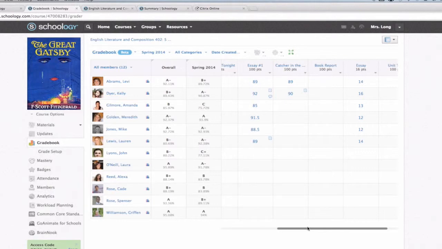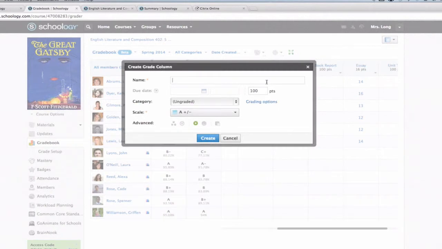Thanks, Kaylee. Thank you. Another new feature is inside of the gradebook. Now if I'm looking at these options along the top of the page, I can toggle between grading periods, grading categories, things like that. I also have the ability to add materials on the fly from inside of my gradebook. So maybe I want to quickly add an assignment, add a discussion, something like that. I could also add a brand new grade column from here. Maybe I want to give a pop quiz in class,